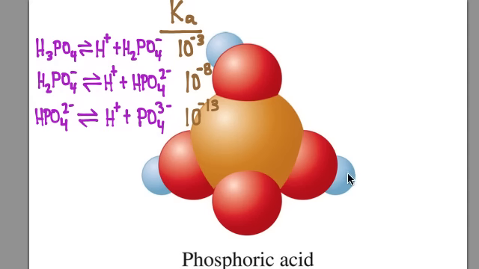By the time the third one leaves, I guess this group that's left behind is not able to stabilize the negativity quite as well as, say, sulfate or perchlorate or something like that. The constant gets smaller. This is always the case for any polyprotic acid where I have more than one proton that can come off. The first proton comes off easily, the second one not so easily, the third one a